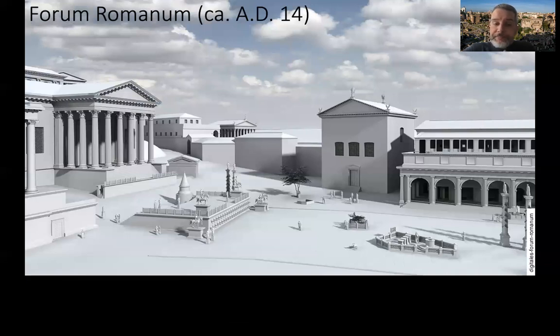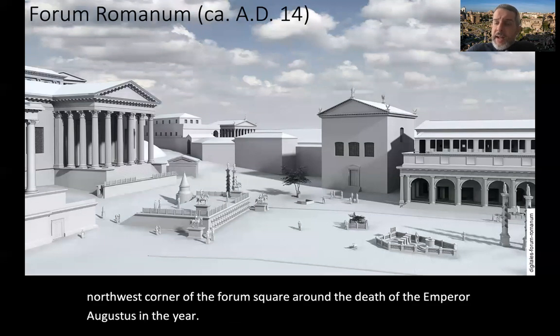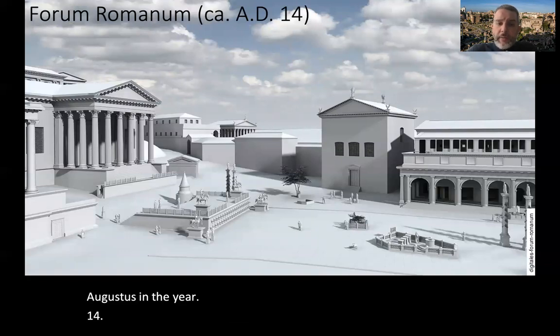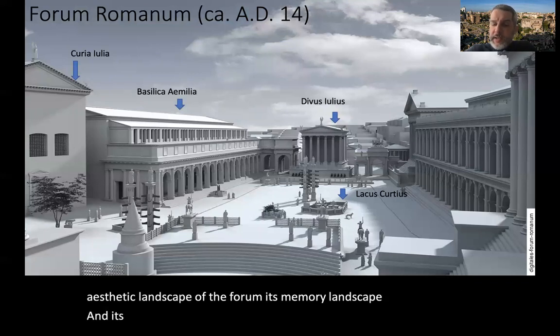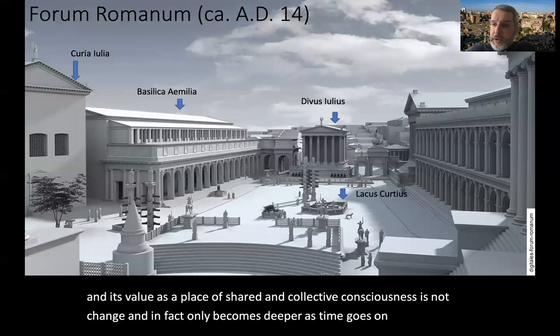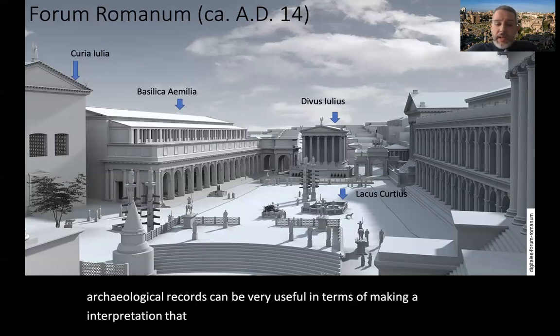The Forum as a square and as an architecturalized landscape will continue to change and develop. Here, an idea of the northwest corner of the Forum Square around the death of the Emperor Augustus in the year 14. Even as building projects change the visual landscape, the aesthetic landscape of the Forum, its memory landscape and its value as a place of shared and collective consciousness is not changed, and in fact only becomes deeper as time goes on. This is a point at which the intersectionality of textual records and archaeological records can be very useful in terms of making an interpretation that is fulsome and takes on board as much evidence